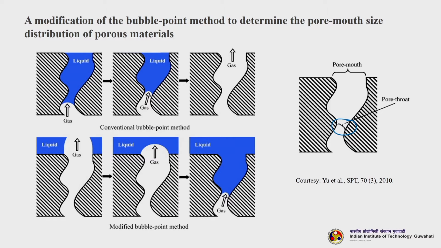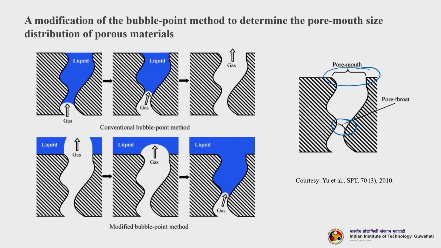But what is actually required? Suppose we are characterizing the membrane from the top side. You can do it using SEM and other methods, which will take into account the dead-end pores also, the SEM method which we have learned earlier. So, it characterizes from the top surface, which means it is characterizing your pore mouth. If we use this modified method, then we can correlate our results. This is the basic intention: instead of characterizing the pore throat, let us characterize the pore mouth.